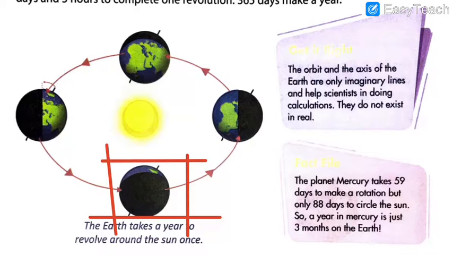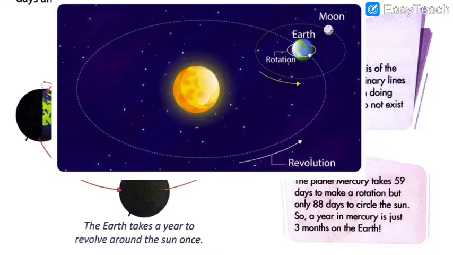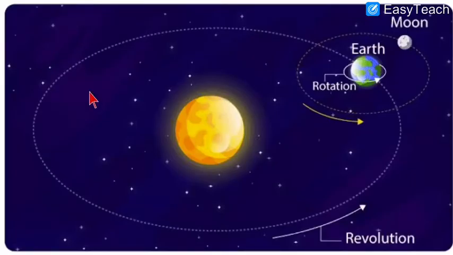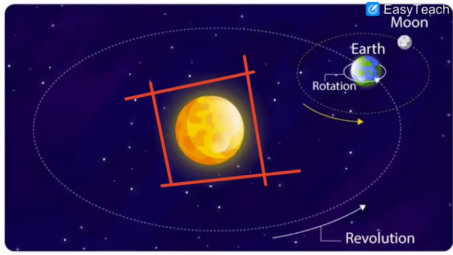Now you will say, sir, where has the moon gone? So students, let me show it to you. Can you see here a beautiful picture? Okay, I have enlarged this image. This is the Sun. This is our Earth. And this is our satellite Moon. So you can see that